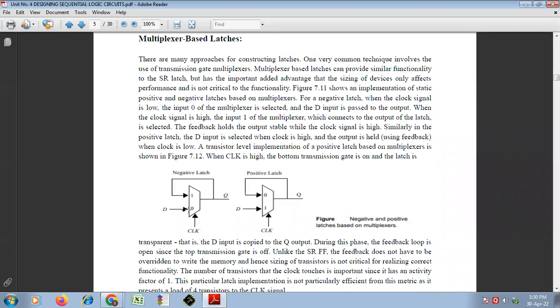And when the clock is high, this 1 gets selected, and it is the feedback of the output. That means whatever output it has passed, it will hold that same status unless and until the clock changes. Exactly reverse is the